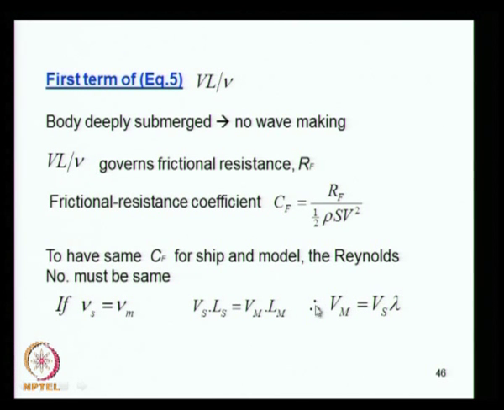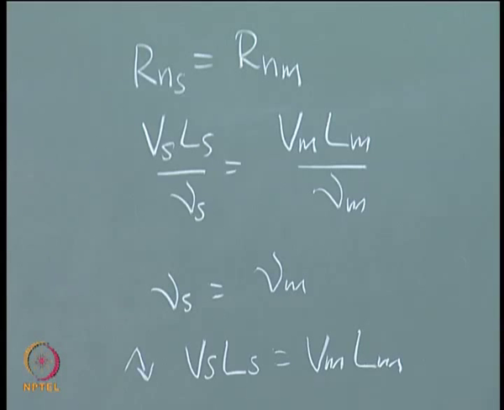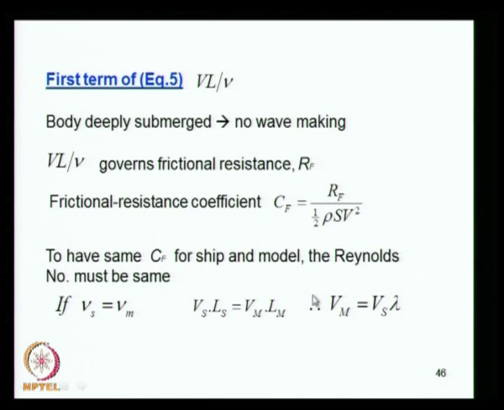If you meet this relation, then you will be satisfying the Reynolds number between ship and model, that is, the Reynolds number of the ship is equal to the Reynolds number of the model if the model is run with a speed equal to the ship speed into the model scale. So actually this is going to be different from the Froude condition, but still if you can meet this relation, you meet that requirement.